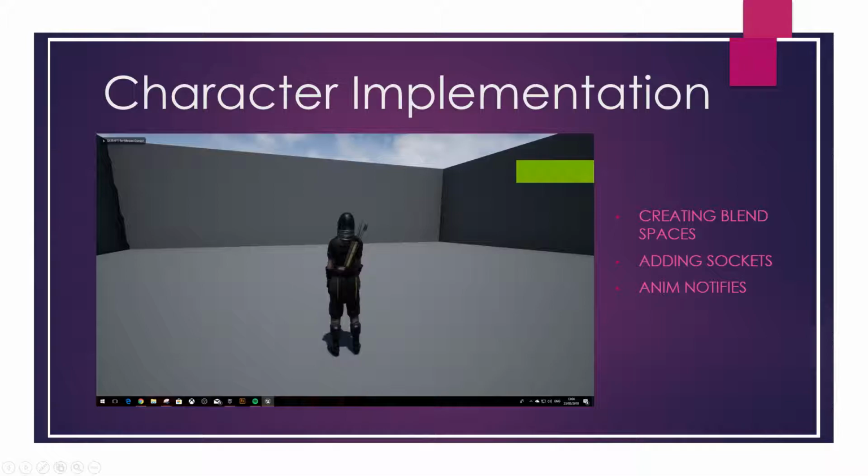I then needed to add sockets, so I could apply these weapons to the character based on what weapon they had equipped. Adding a socket, you need to navigate to the skeleton, select the bone you need, in my case the right hand and the left hand, and add a socket. You can then manipulate this into place using a preview mesh. As I had already imported the weapons that I was going to use, this was very simple. I could then position it into place until I was happy with it,